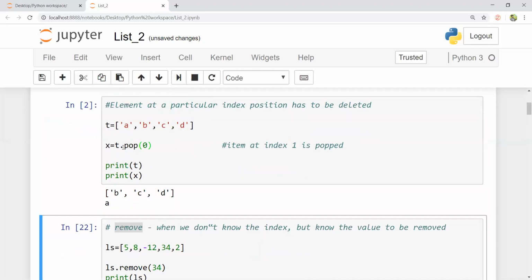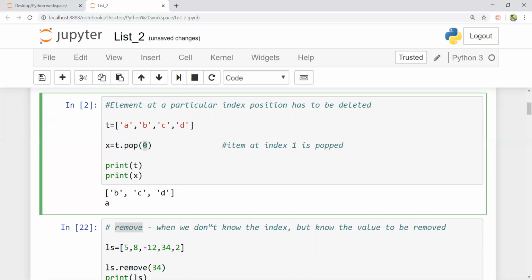The same thing, t dot pop of 0. Here I am going to pass an input argument. Suppose if I use 2, so it would be 0, 1, and 2. Second index element of the list A, B, C, that is C, will be deleted